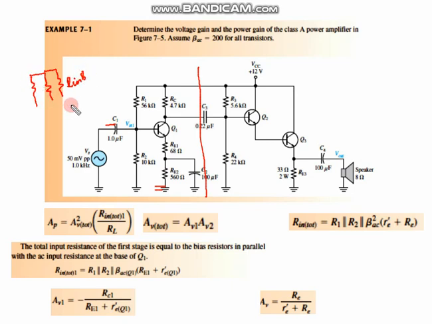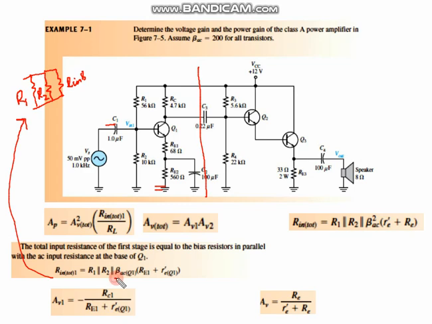This is your R1 and this is your R2. So the equivalent resistance is given by this formula: R1 parallel R2, and R in base would be